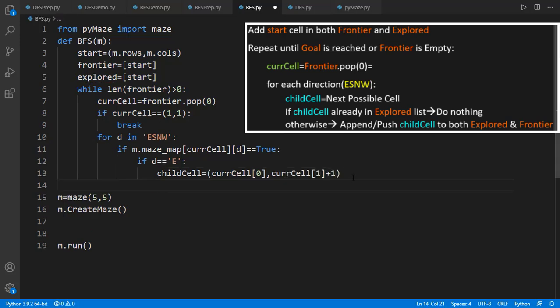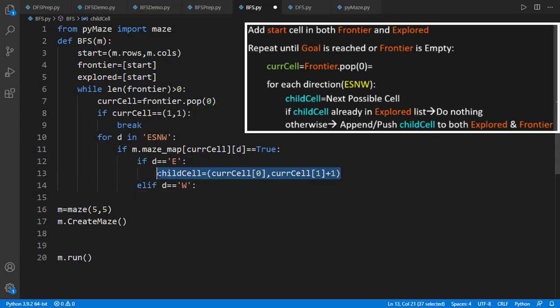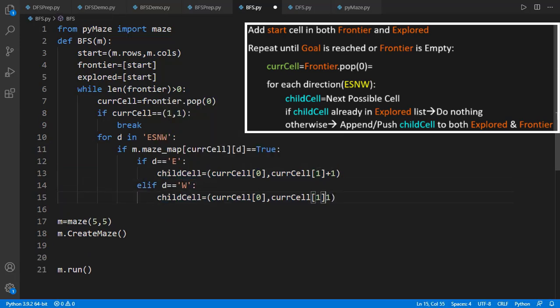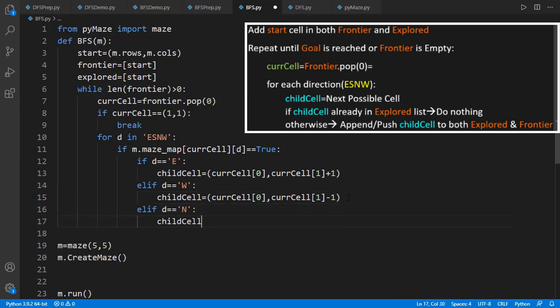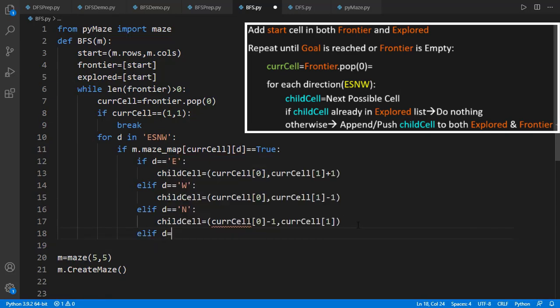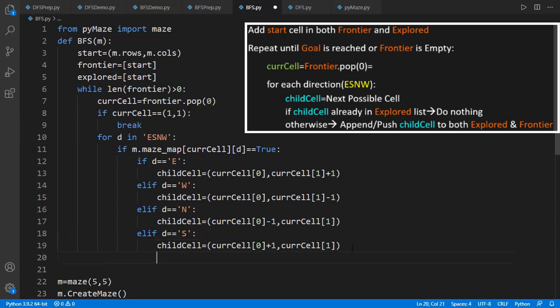Similarly, I will write the expression of the child cell for each direction. See carefully, only one of these conditions will be true in each iteration of the loop.